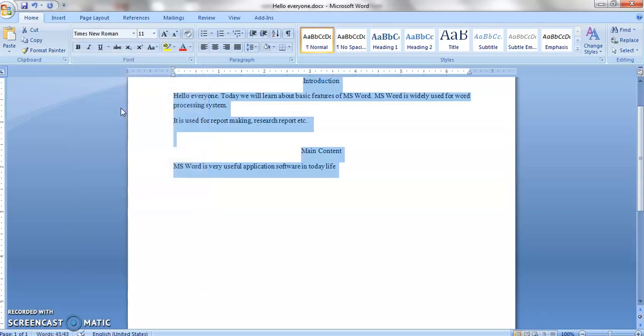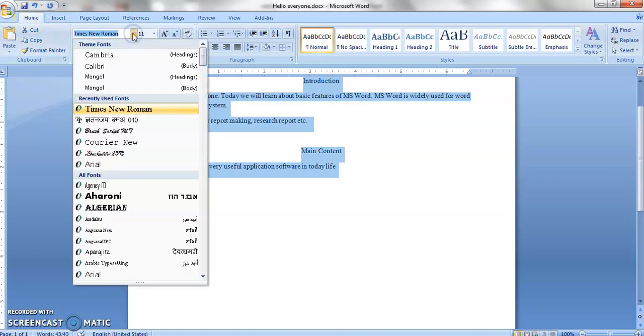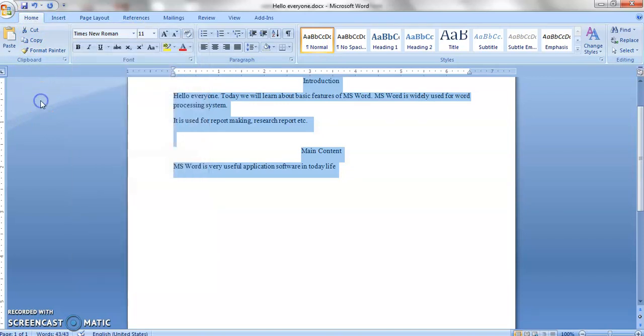So this is the first option, that is called font name or font style. So how will you go? You will go first to the Home tab, and there is a group of Font, and you will see a drop down list of various fonts. Second,